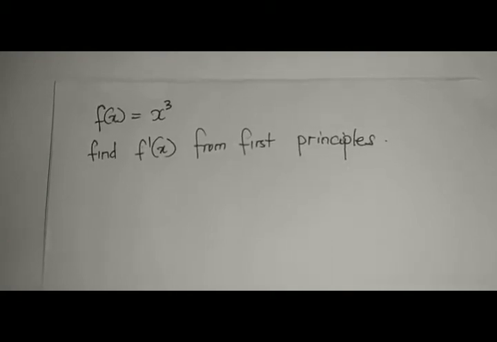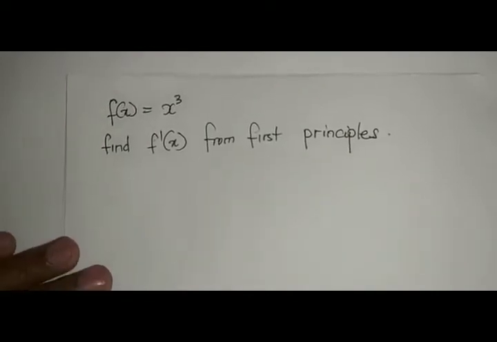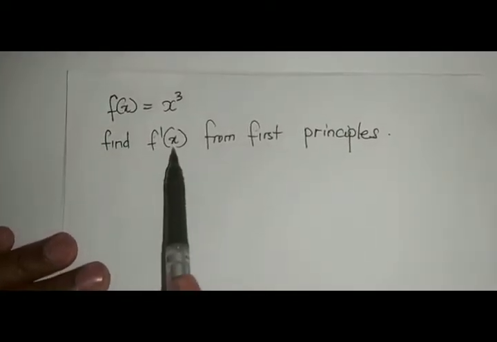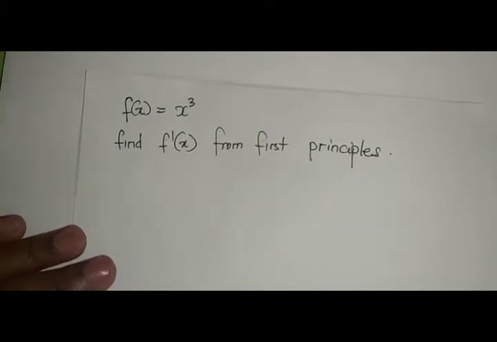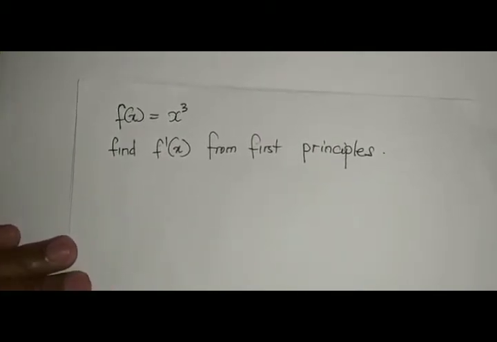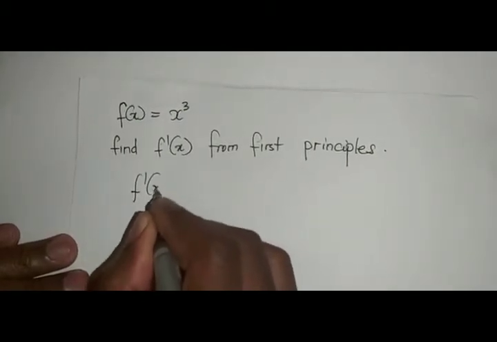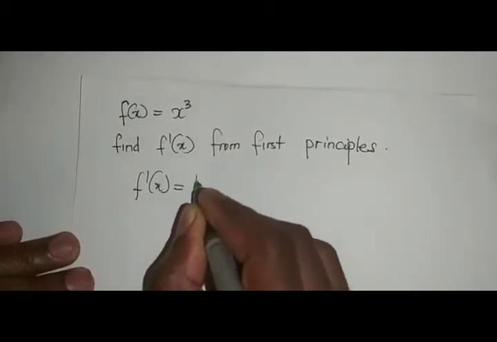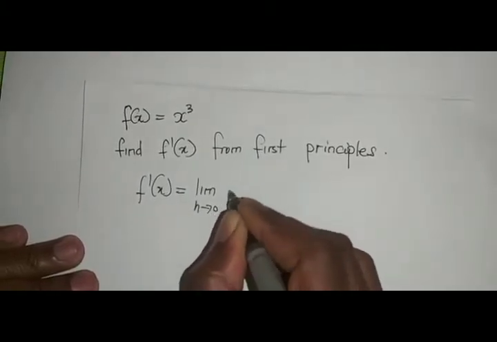Right, in this video, we are given f of x equals x cubed. All we want to do is find f dash of x from first principles, which means we must find the derivative using first principles. Right, by definition, we say that f dash of x is equal to the limit as h approaches 0 of f